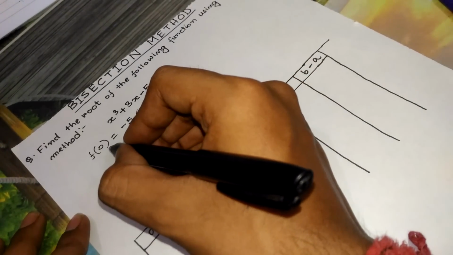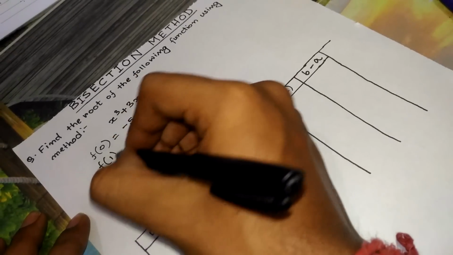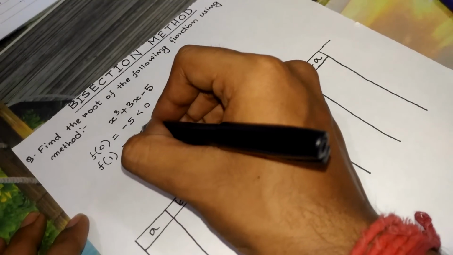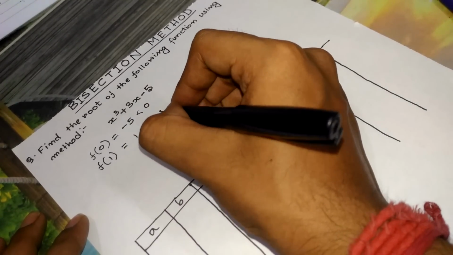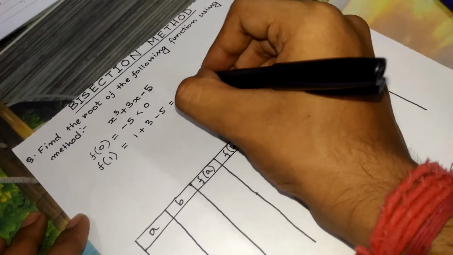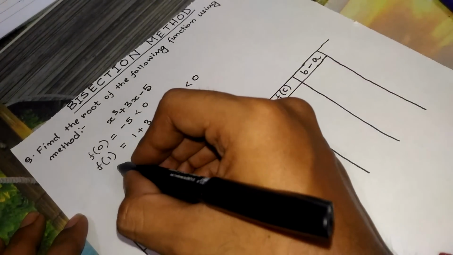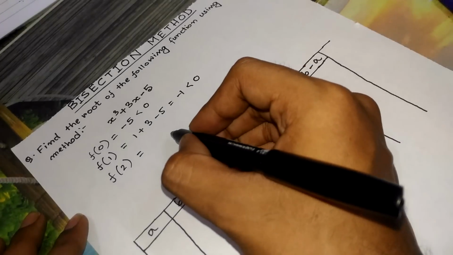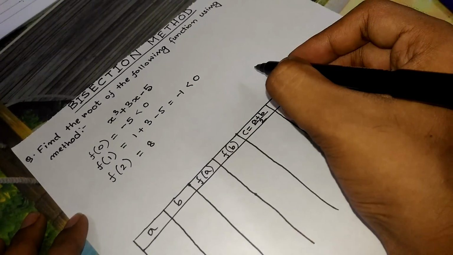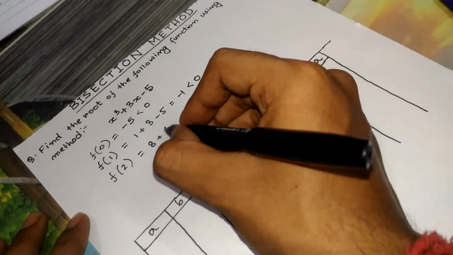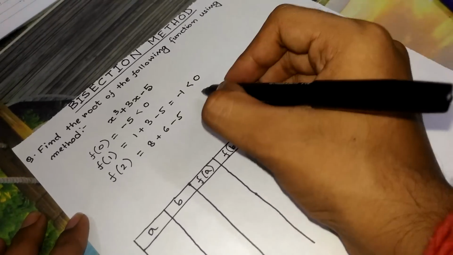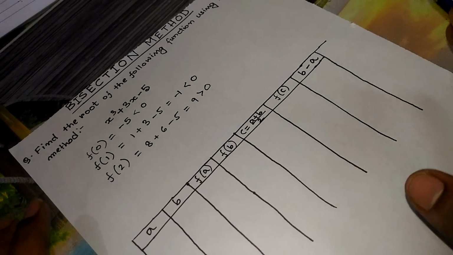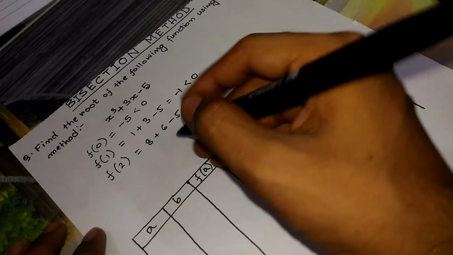Now we'll try with x equals 1. f(1) is 1 cube, that is 1, plus 3 into 1, that's 3, minus 5, that is minus 1, that's again less than 0. Now we'll try with x equals 2. For x equals 2, we get 2 cube, that's 8, then 3 into 2, that's 6, then minus 5, that equals 9. Now 9 is greater than 0,